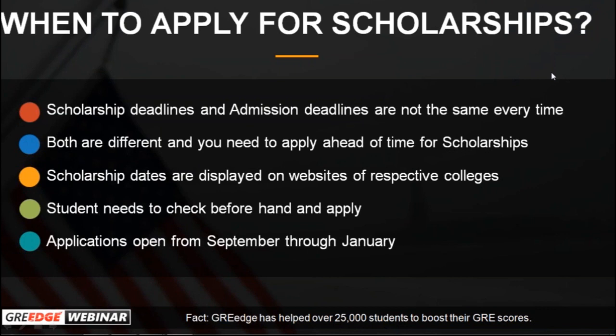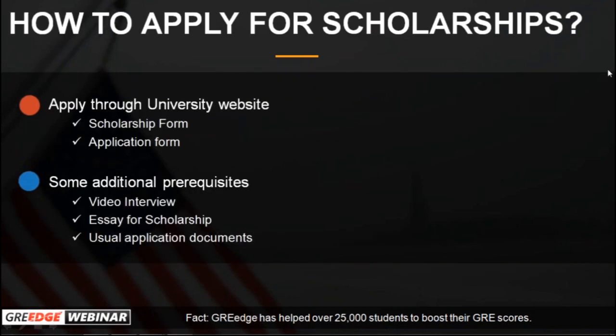For applying for a scholarship, there is something called the scholarship form or the application form. Every university has its own scholarship form and its own scholarship criteria. There is no particular standard. For example, there are certain universities which offer scholarships based on your revenue or the income that you have. Certain colleges have Asia-based scholarships, Europe-based scholarships, and so on. There are different types of scholarships available out there, and some additional prerequisites might be required, for example, video interviews, an essay for the scholarship, and the usual application documents like your financial documents. These will be required as a prerequisite for your scholarship application. All right. So the essay for the scholarship is something that you need to understand very clearly.